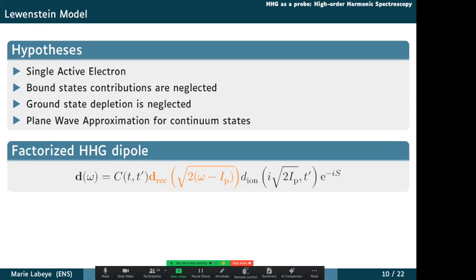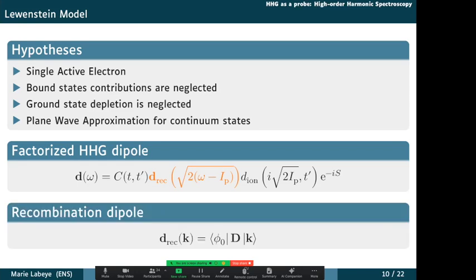If you want, later on I can detail a little bit more, but what interests me more here is the recombination dipole that appears in the middle, the orange one here. It's really a dipole matrix element. It's the conjugate of the dipole matrix element you would have from photoionization. You have a continuum state, a dipole, and the ground state. The continuum state that is taken is the wave that has the right energy to conserve energy, so the energy difference between this continuum state and the ground state is perfectly equal to the energy of the emitted photon omega that enters here.